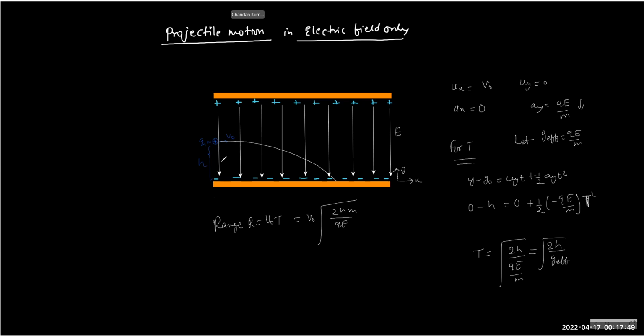But if I choose the base as the origin, this as the x-axis and this as the y-axis, we can write the x coordinate at any time t. This is x comma y. So the x coordinate will be v naught into t, and the y coordinate will be u_y t plus half a_y t square. Obviously, I have to write y minus y naught. So y minus y naught is h, 0 plus 1 by 2 minus QE by m into t square. So y turns out to be